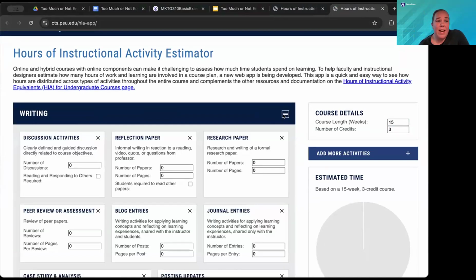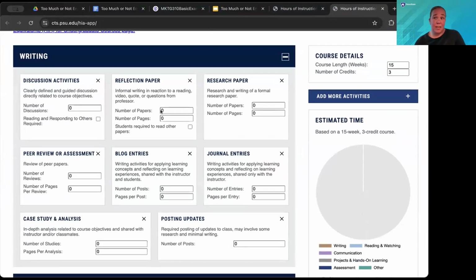And let's say for writing, I teach an online course. Each week they have to do a discussion activity, so 15, and they have to read and respond to others. Then I also have them,